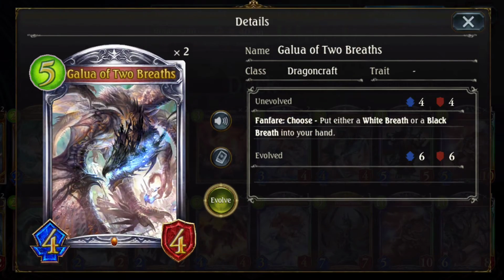To Galua. So Galua is actually really cool. For some choose cards that exist in the game right now, a lot of people can explain it as an 80-20 sort of thing. But for the Galua thing, it can actually go either way. It's pretty matchup dependent. For example, if I was versus Portalcraft and I had a bunch of cards in my hand already, I would just take Black Breath this way. I could just blow up their Excel and I just feel good about myself. But if you don't have cards in hand, obviously you just go ahead and go White